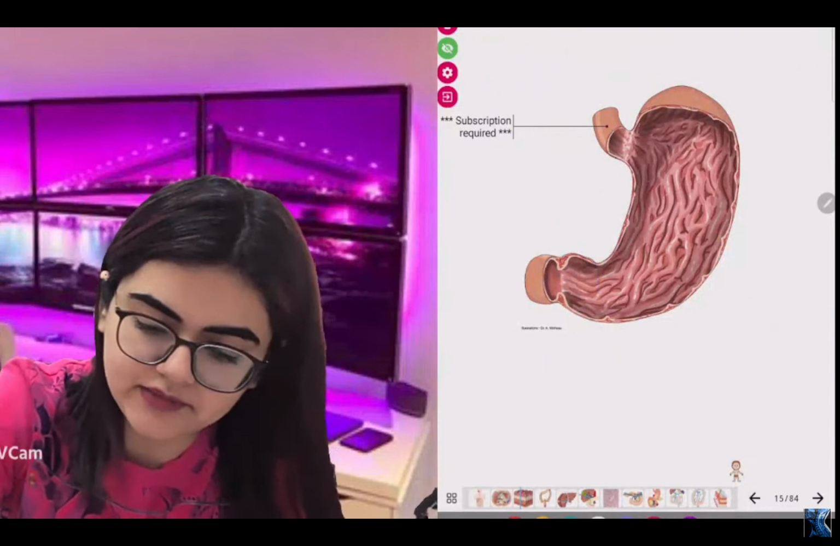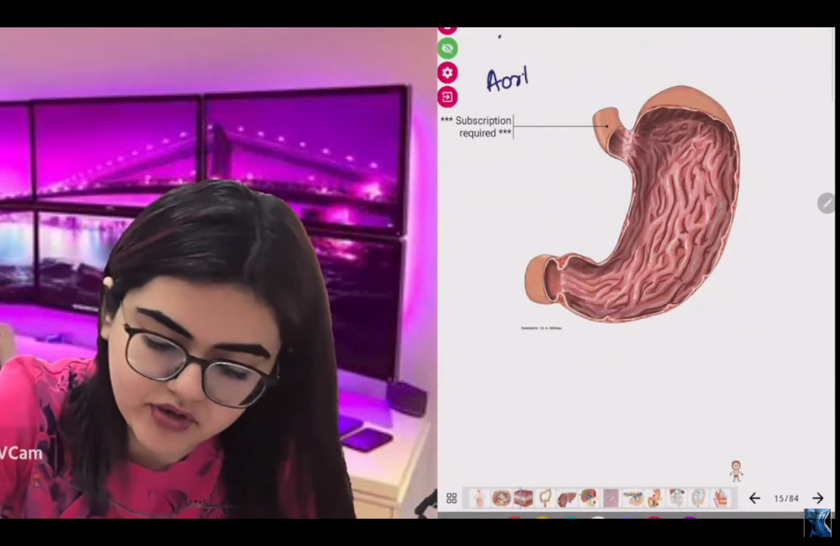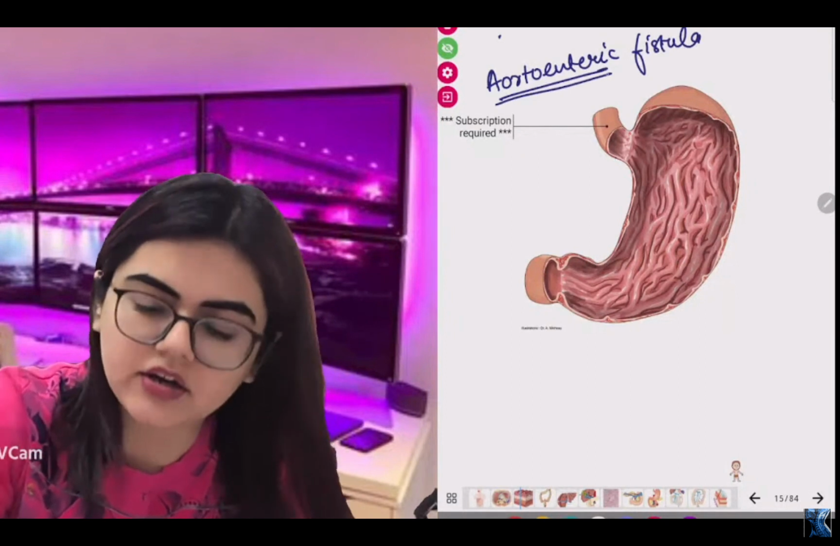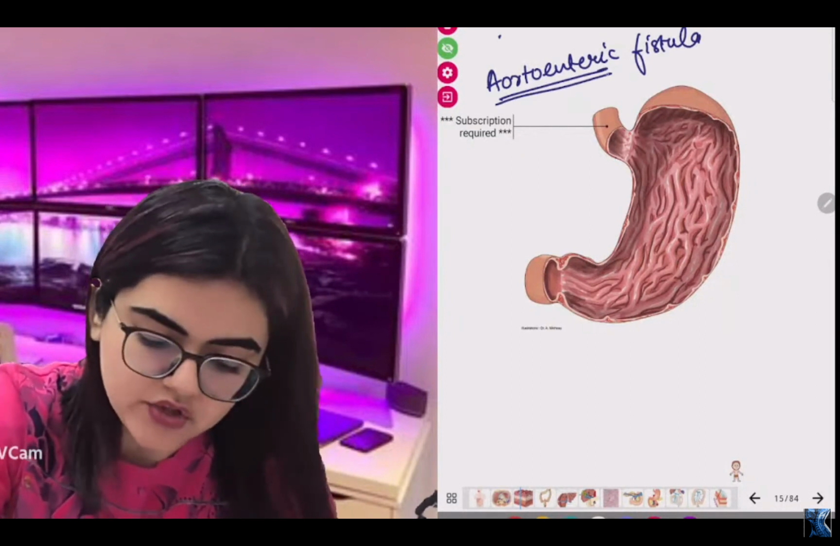That is also a cause of GI bleed. So aortoenteric fistula, the name itself makes it clear, there is a fistula between the aorta and your intestines. So